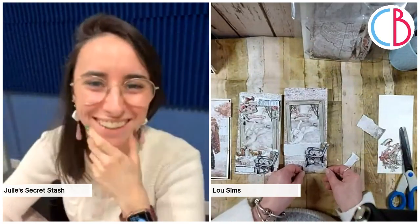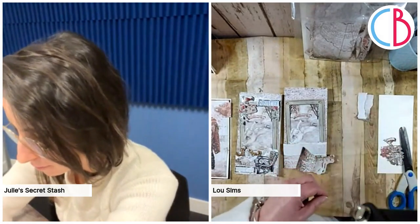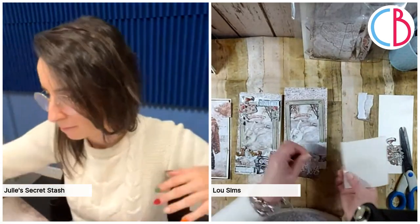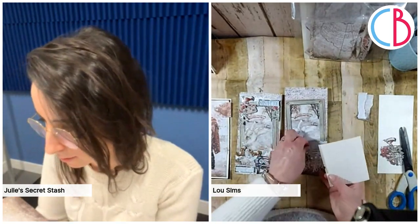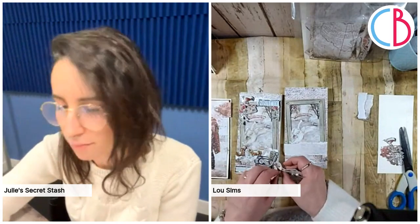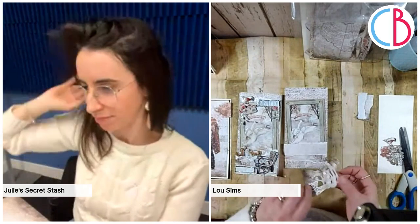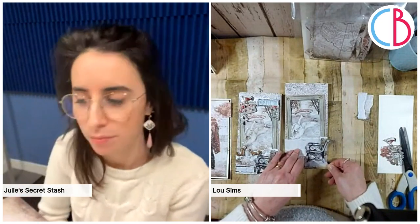Oh, I know. Right. I'm keeping all these little bits because I will use them in the project. So I just want to put some foam pads on just certain parts of this chair. There we go. I can always add more. I want to tuck things behind, so I don't want to put too many on at the moment because I can always add glue and foam pads. It's hard to take them out if they get in the way. And I just want to have the chair so it's slightly down, so it's looking in at the